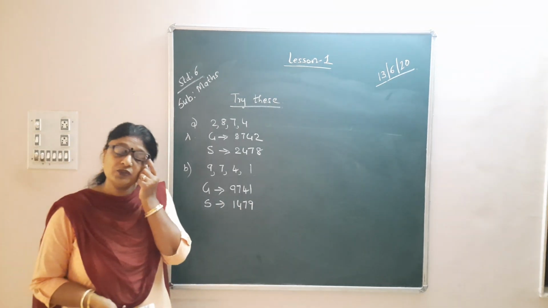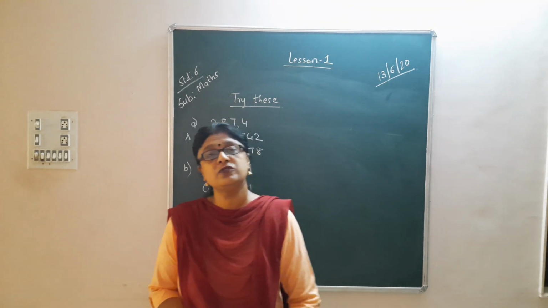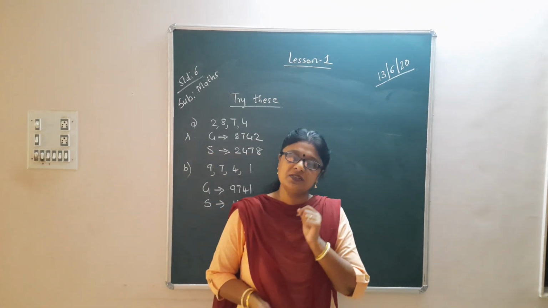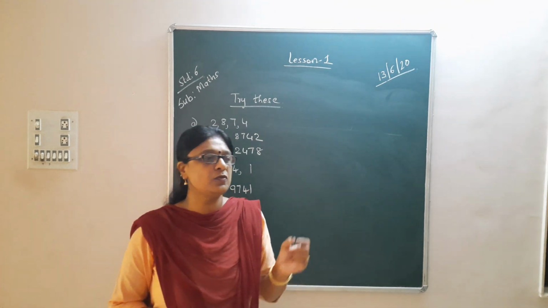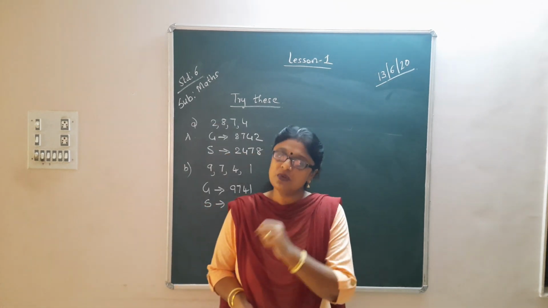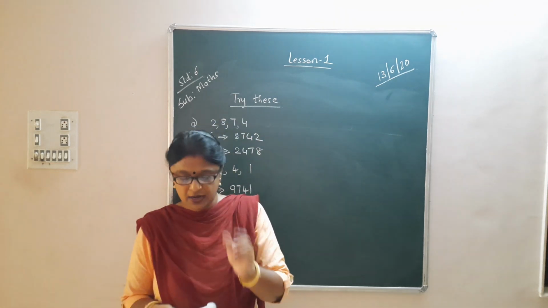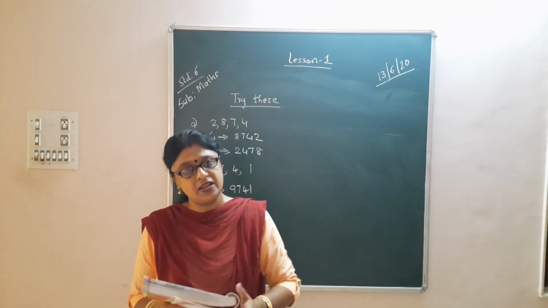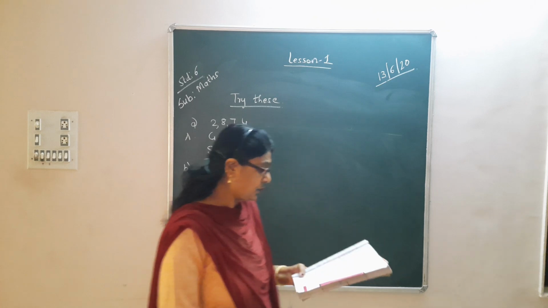Okay. So, what you have to remember here? That when you have to find out the greatest number, you have to arrange the digits in descending order, and it is totally the opposite. When you have to make the smallest number, you have to arrange the digits in ascending order. Understood? Okay, so the remaining ones you can do for homework, C and D. You do it by yourself. Now see question number 2.